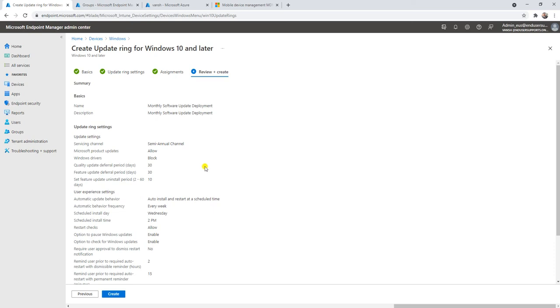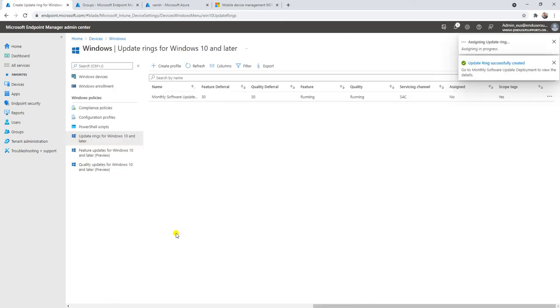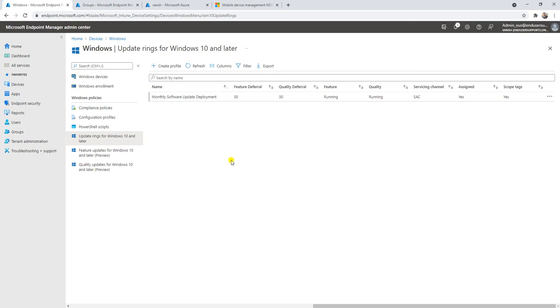If you want to review it, you can review it, and if any modification is required, just click on previous, or if not, you can go to create. So now this rule has been created, patches deployed, and we are good with our patching part, the patch deployment, and now everything has to be looked at on a remote machine.